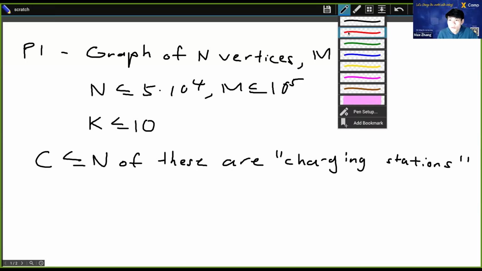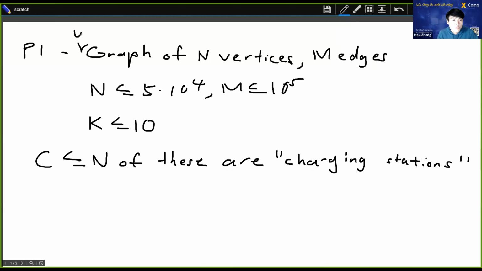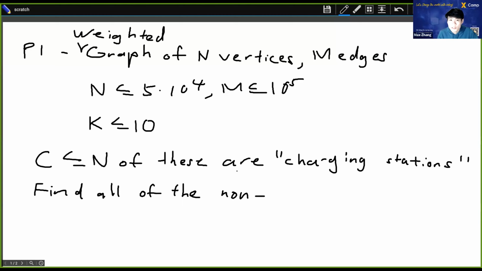Furthermore, I should clarify this is a weighted graph. So there will be weights on the edges. And what we are interested in is finding all of the non-charging stations, which I think the problem refers to as travel destinations, some other flavor text. But the point is we want to find all the non-charging stations